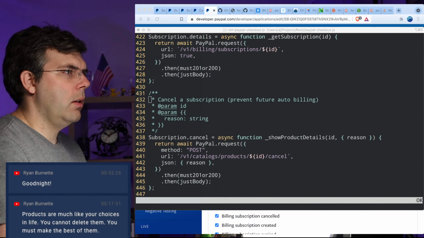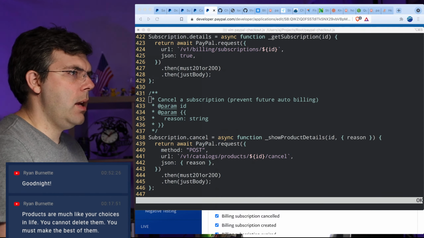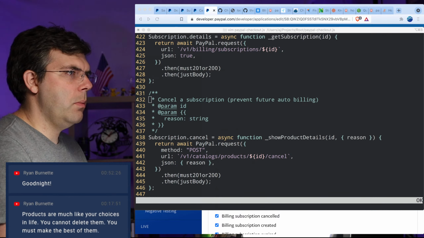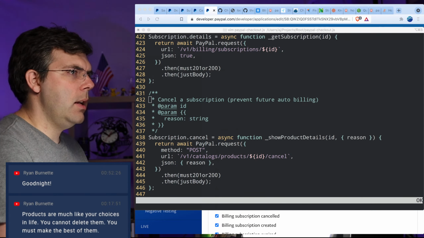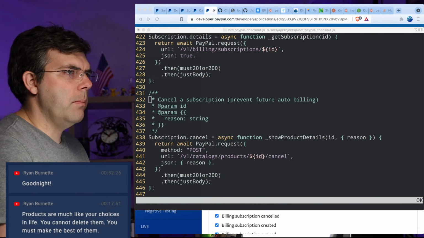Config.PayPalClientID is going to be equal to process.env.PAYPAL_CLIENT_ID. And then same thing, PayPal client secret. I'm just changing some.